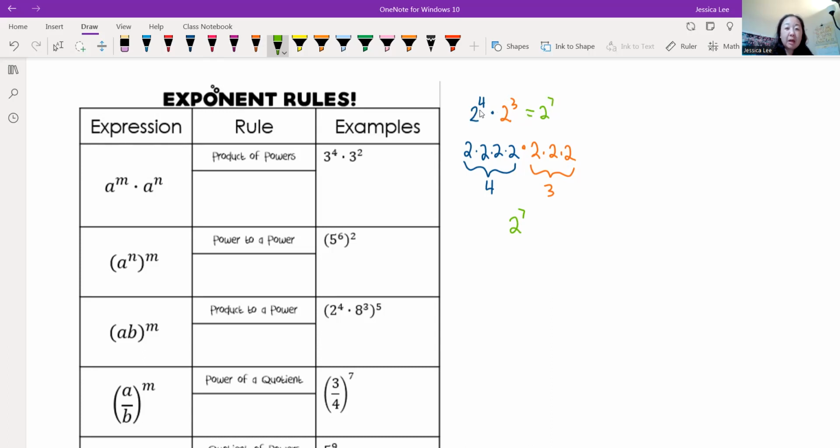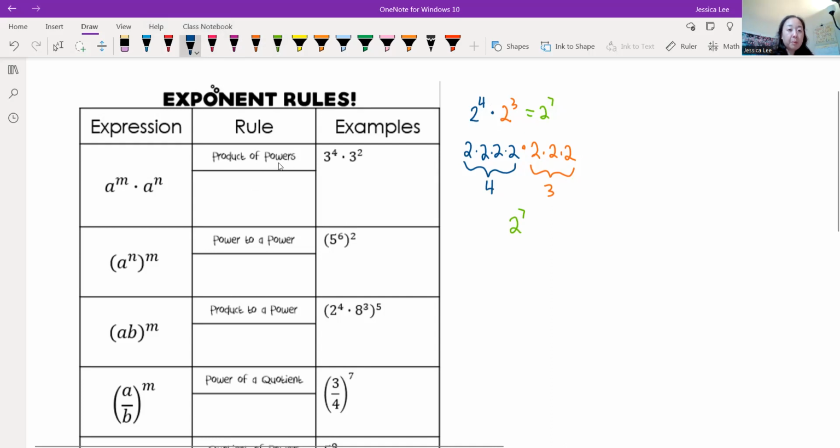Do you guys see a pattern? If you notice right here, the exponents 4 and 3, if you add them up, we would get 7, right? Which makes sense because we have 4 2's and then 3 2's, and altogether we would have 7 2's. So that would be just 2 to the 7th power. So that's